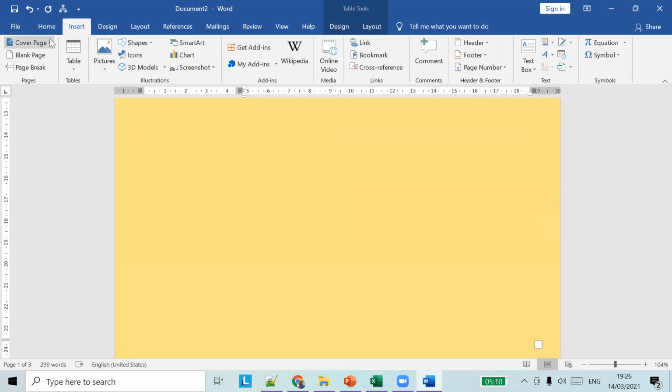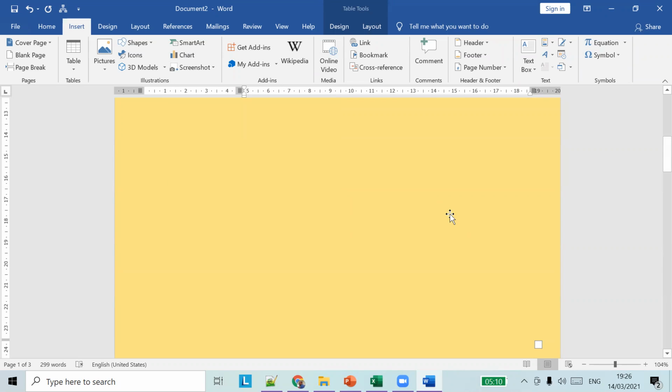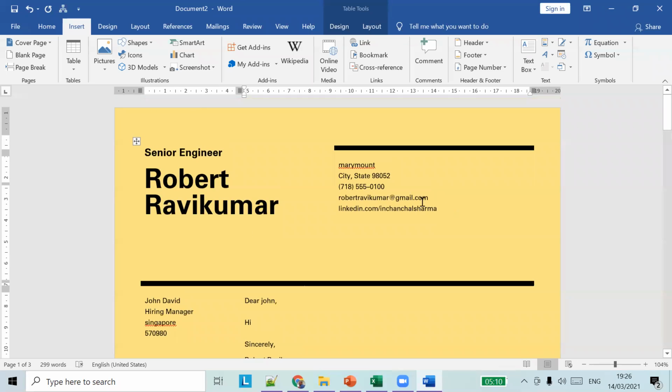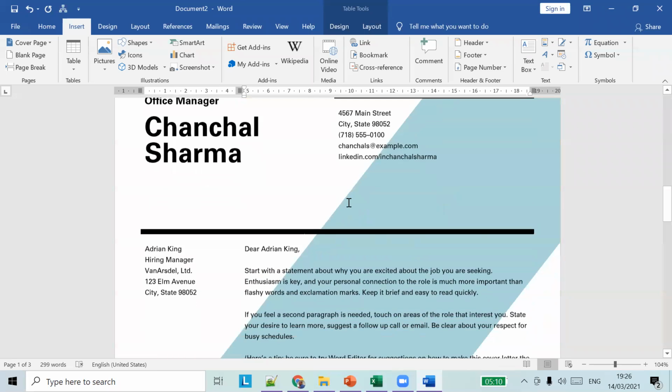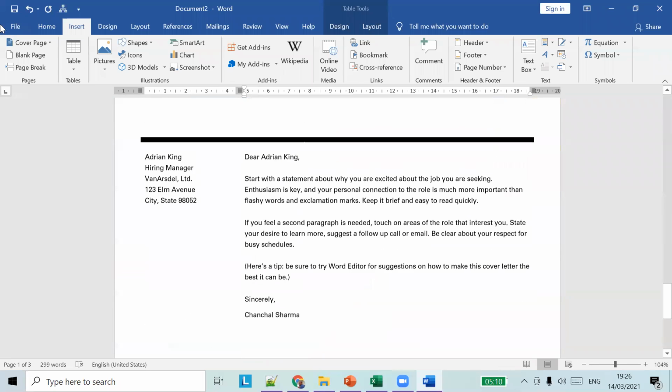Okay, let's take an example for today's letter. Let's say we have lost our DBS card and we have to drop a mail to our DBS bank stating that your card is lost and we have to replace our card with a new one. We'll do this example using some of the templates already available.